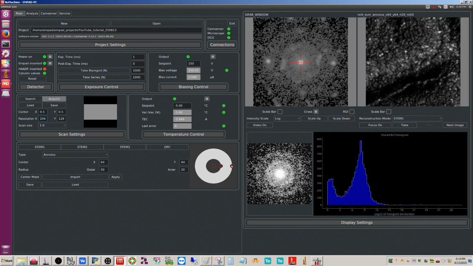You do have control over this virtual detector, so you can actually move this around here. You can change the size of the inner and the outer ring. You can just hit center to put it back to the center, and then you can change this. So this is an annular detector. If you wanted to do bright field, you could do bright field, just like that. And then you don't have an inner, so you can actually manually change this number too. So this is in terms of